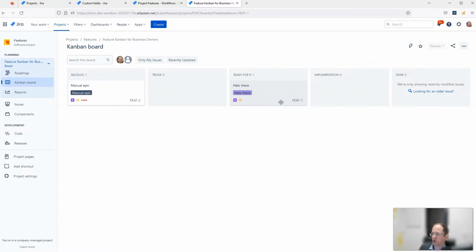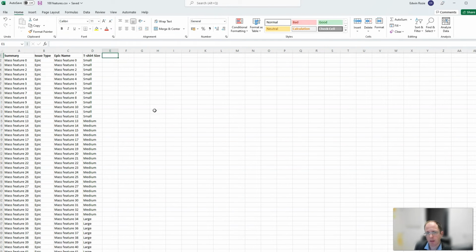We can now import the features. We'll prepare an Excel file that contains all the features that we will import. And that Excel file should at least contain a summary, so the title, I would say, of that feature, the issue type, what it will become. Often the issue type will be an epic, because what is a feature in SAFe actually will be saved as an issue type epic in Jira, because in Jira you cannot create additional levels between the epic level and the story level. So that means that usually companies that use SAFe reuse the epic layer in Jira as the